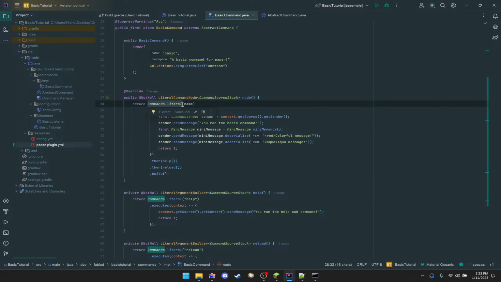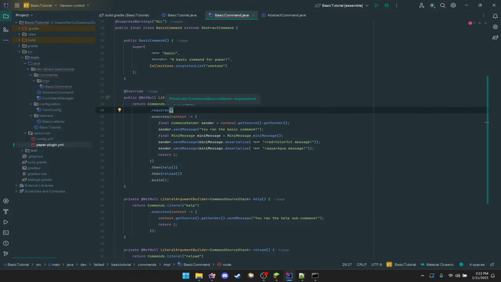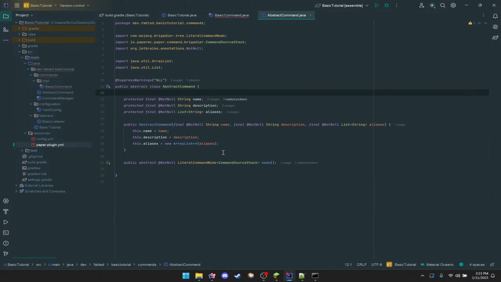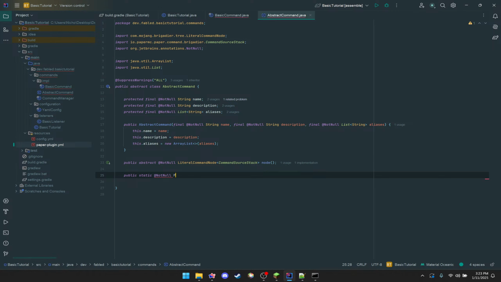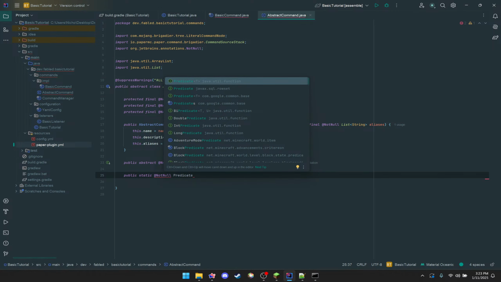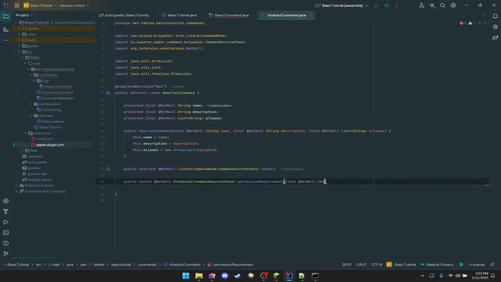For every literal or command argument you have, you can say .requires, and then we can do a permission requirement there. But this actually takes in a predicate. So what I like to do is go to our abstract command here and say public static @NotNull Predicate<CommandSourceStack>, just like that, and say permissionRequirement, and then we pass in String permission. This is a permission node from a string. And I believe we say,